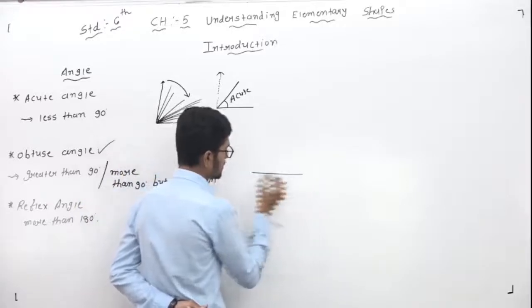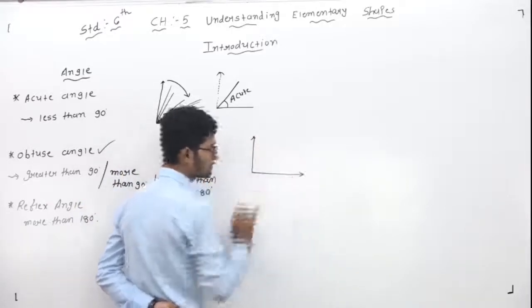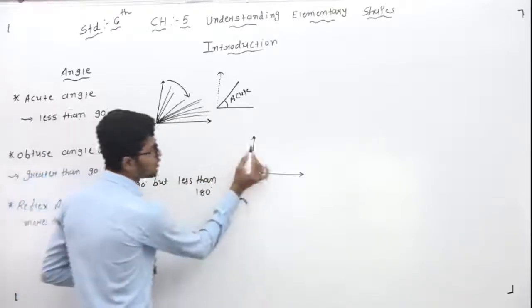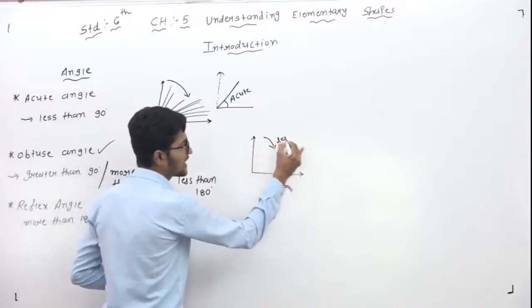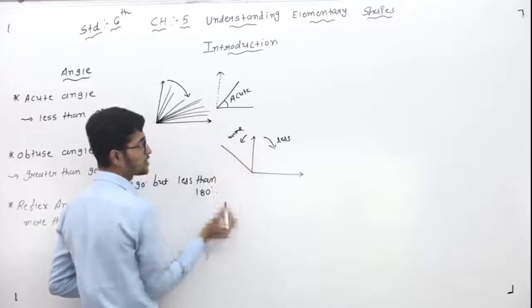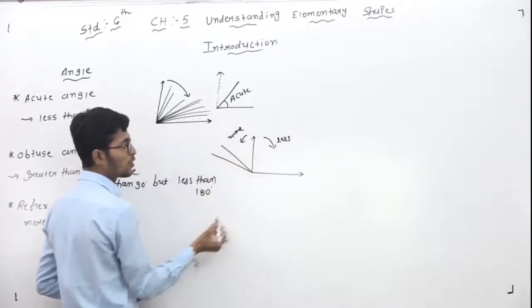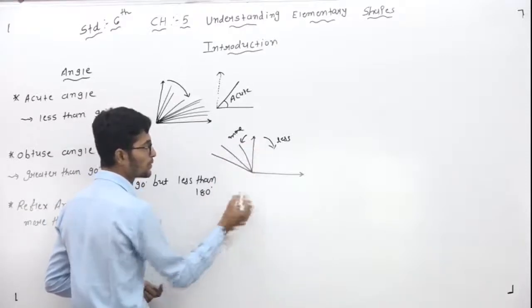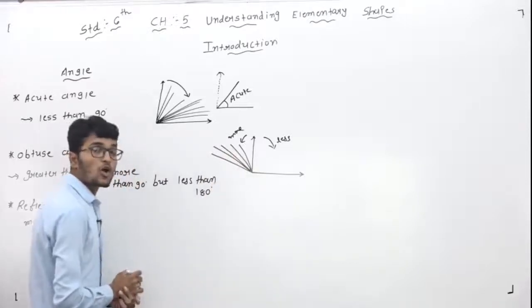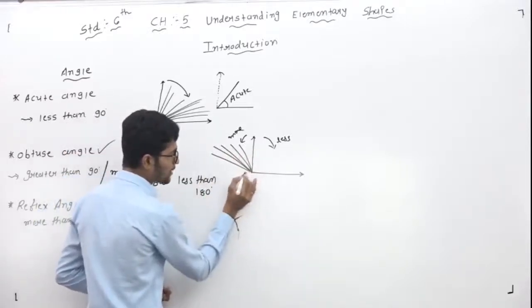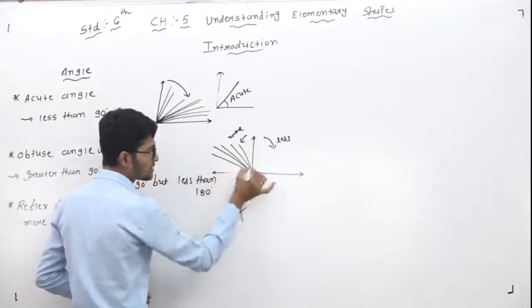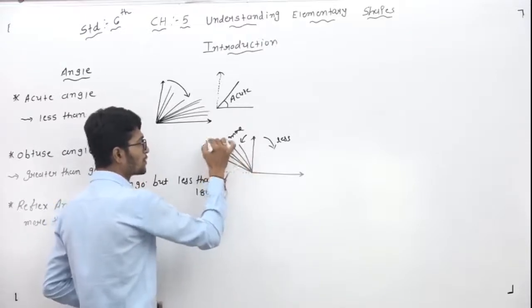So here, dear students, this one is our 90 degrees. Yes or no? Yes. But more than 90 degrees, this side is called the less side and this side is called the more than side. Suppose this one is an angle, so this one is an obtuse angle. Here also this is an obtuse angle, and this side also is an obtuse angle. So 90 degrees here, if you draw on this side इस तरह से, so 90 और 180 इन दोनों के बीच में जो सारे एंगल है, this one is called the obtuse angle.